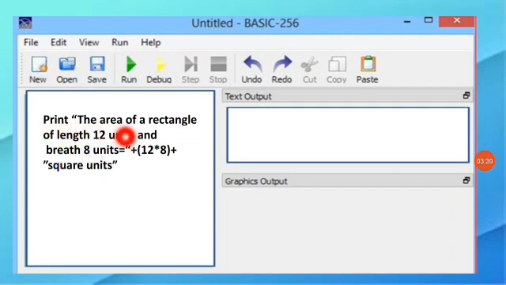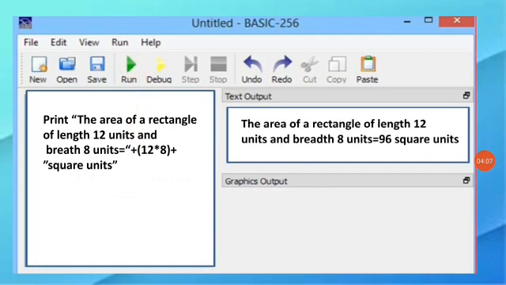Let's do one more program. Print "The area of a rectangle of length 12 units and breadth 8 units equal to", plus operator, within brackets 12 into 8. Again we are using the plus operator, within double quotes, "square units". Has anyone guessed what the output will be? I hope you already guessed the output. Let's check whether you guessed right or wrong. Run the program. Yes children, this is the output.